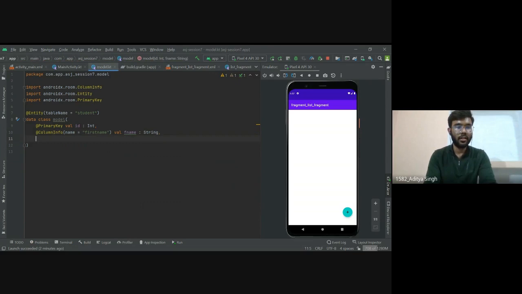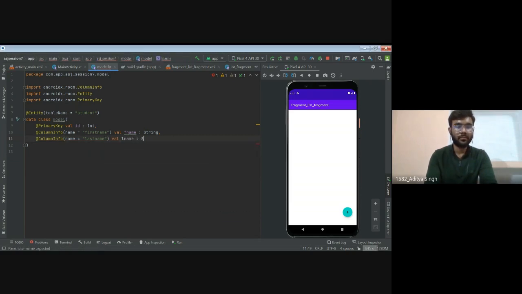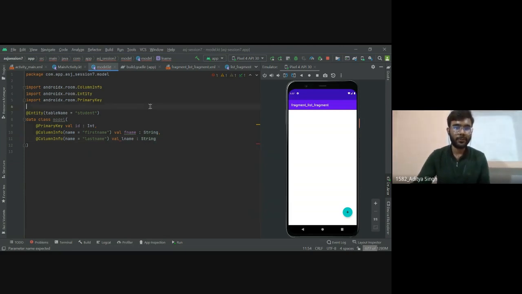All right. And similarly, let's create our last column and make it l_name, String. Okay. So this is how we create a model class, especially for a Room database.